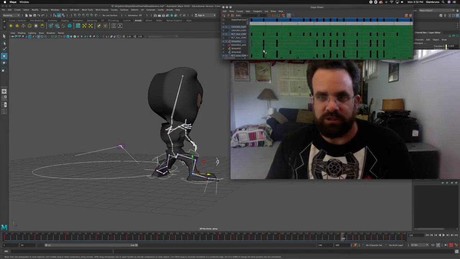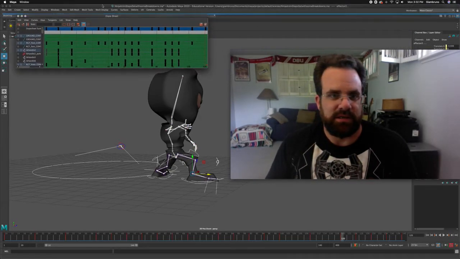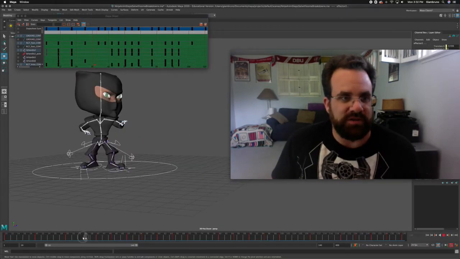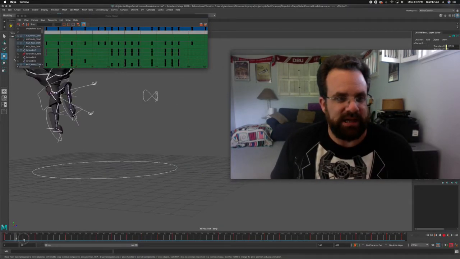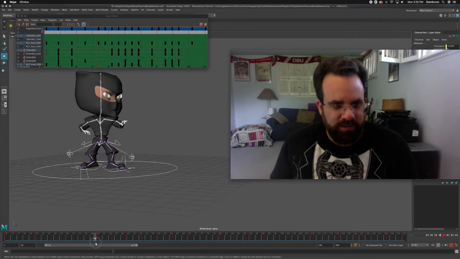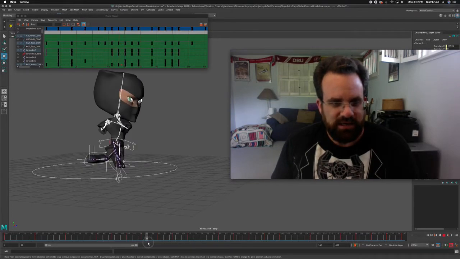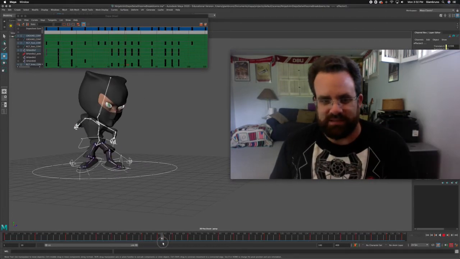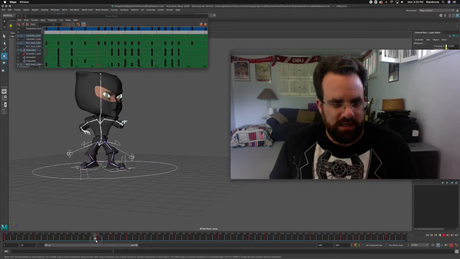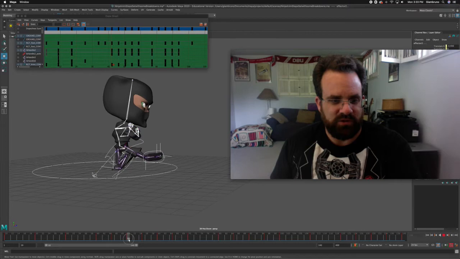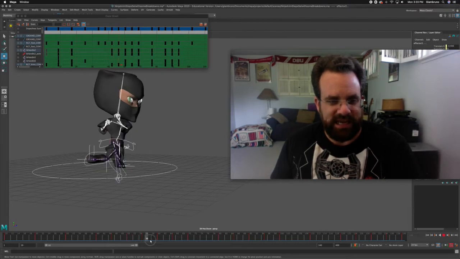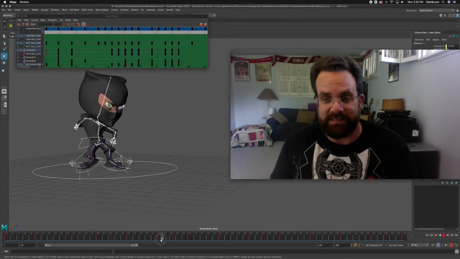So here's our dope sheet. Oops, let's get that so you can see. All right, so let's just go to the spin kick right here. So he lands. I'll mess with that later, but just the spin kick happens really fast, right? Right now it's 1. So he's standing, 10 frames, 20 frames. It's about a second. I want that spin kick to happen in less than a second, in about